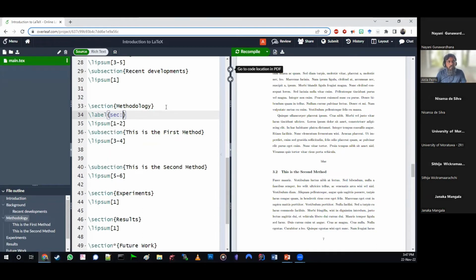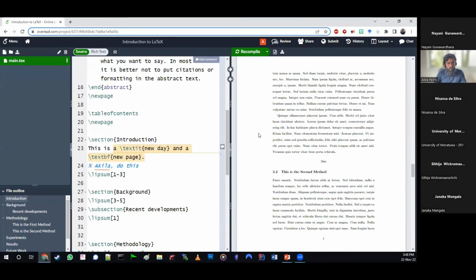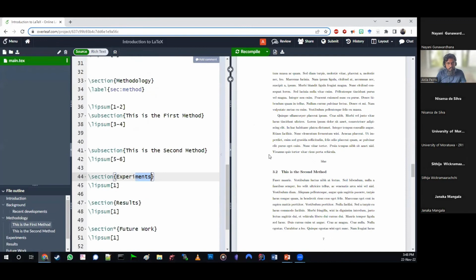We say label this as method, right? And then let's assume that in your experiment section, you want to say, we did a lot of work.